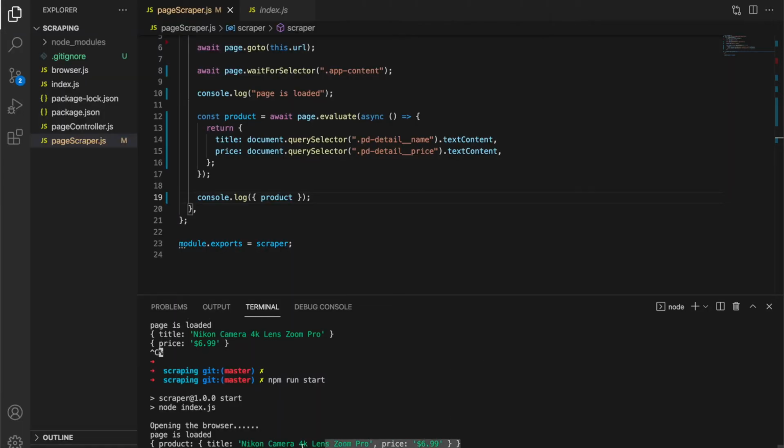Here it is. So you can think of the evaluation function as if you're diving into a page, getting something out of there, and then going back and doing whatever you want with those variables and information that you pulled out of there.